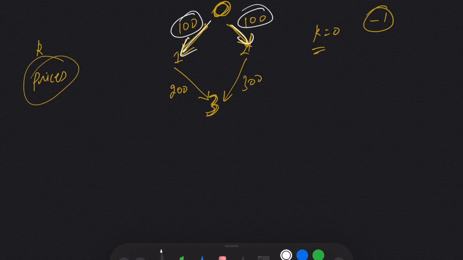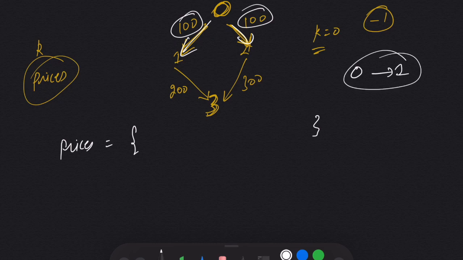So one is I need to compare the prices. That means I need to look up. And a dictionary is the best way when I have to look up. So we will make a dictionary prices. And initially we will keep the prices as infinity. Suppose we need to move from 0 to 1. For this scenario, whatsoever is the price of the flight from 0 to 1 will be the cheapest, because we will be comparing it with infinity. So that's why we are taking infinity as the price initially.